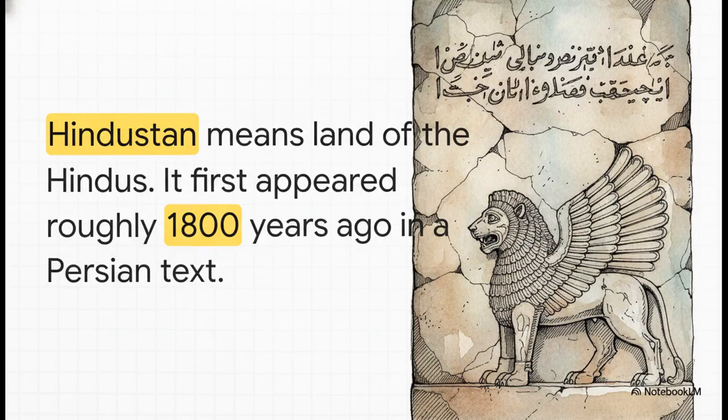And specifically regarding the term Hindustan, which is obviously so widely known today, it is essentially an ancient Persian formulation. You see, the suffix stan just means land of in Persian. So Hindustan literally translates to the land of the Hindus. And again, originally that just meant the people of the Sindhu River. The very earliest known use of this exact term actually popped up roughly 1800 years ago in an ancient Persian inscription. As subsequent empires and invaders entered the subcontinent from the northwest over the following centuries, they adopted this Persian term, and it eventually just became the standardized way to describe the whole region.